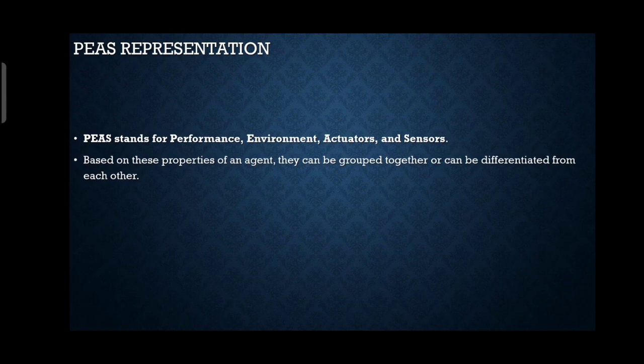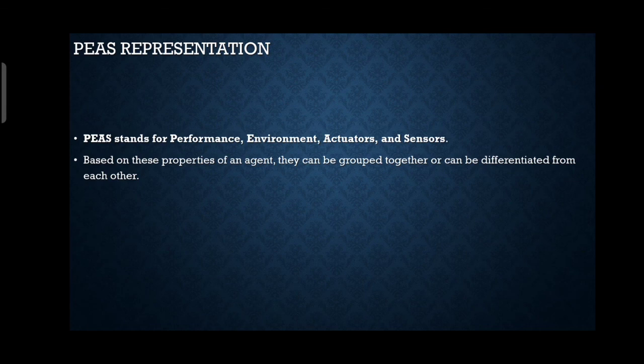In the last lecture, we had seen what exactly an agent is and we had taken several examples to describe it. In this lecture, we are going to see how we can represent an agent in AI. So let's begin. What exactly is this PEAS representation model? PEAS is a type of model on which the AI agent works. When we define an AI agent, we can group its properties under this PEAS representation model.